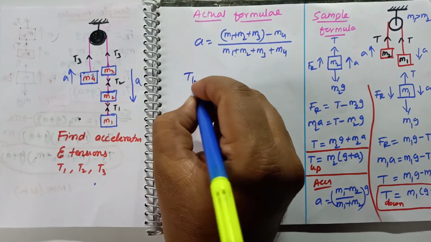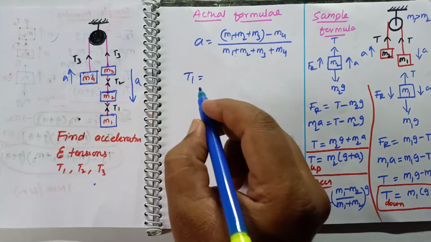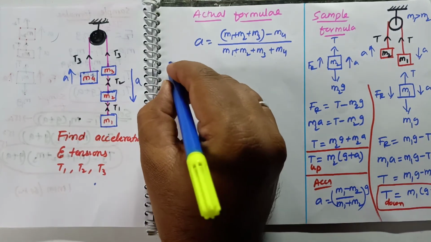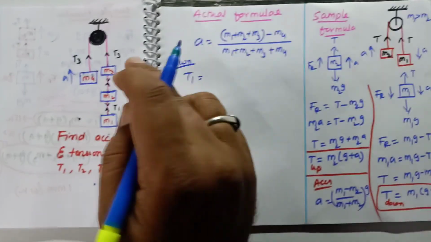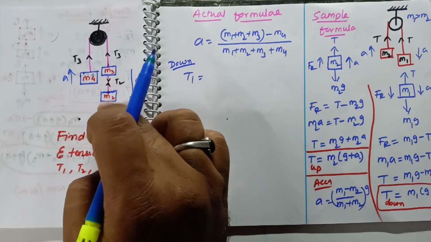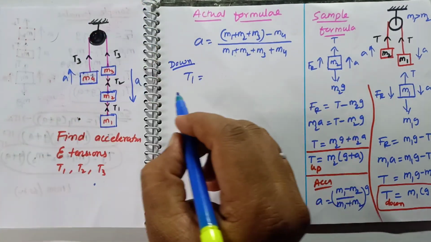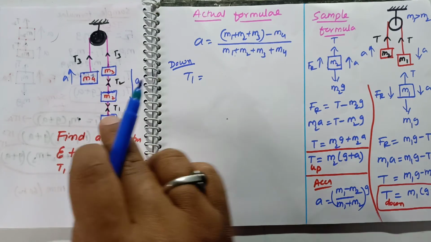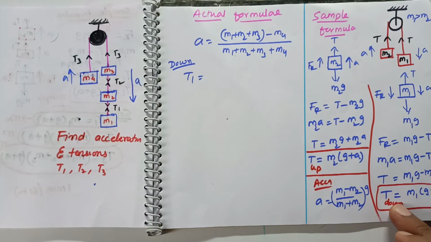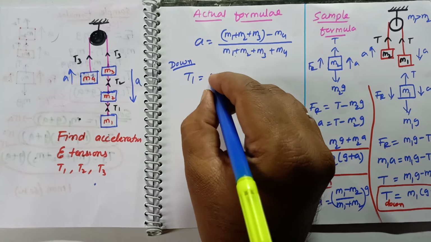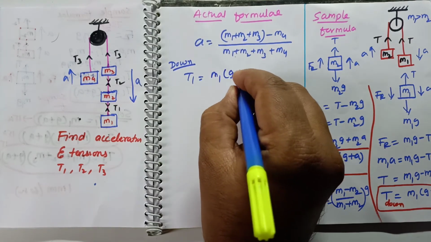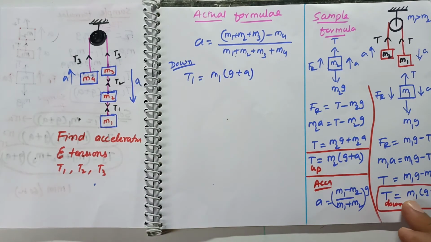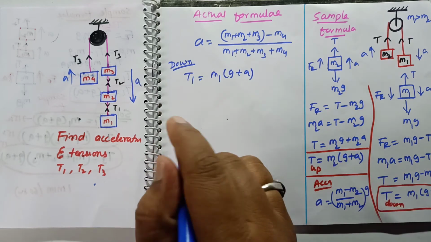So you can find out T1 here. T1 is coming down. Now let us take it downward tensions now. Okay. So these T1, T2 and T3 are downward. So T1 you can consider here. Only one mass is there. So you take a downward system here. Down means what are you going to write now? M1 into G plus A. Definitely you can use the single formula and hack the system now.